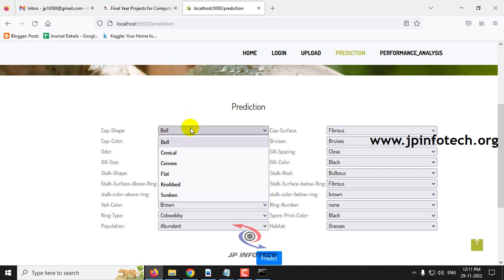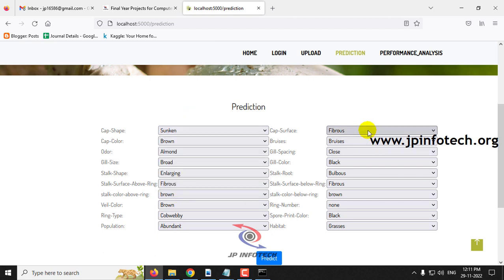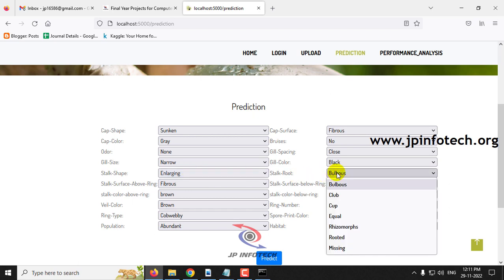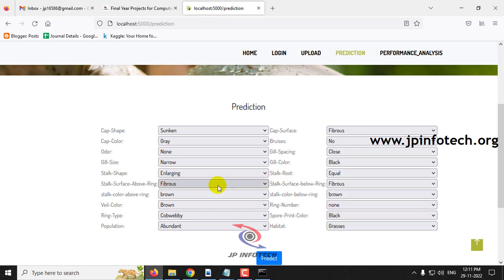So now let me enter the cap shape as sunken, cap surface is fibrous, cap color is gray, bruises is no, odor is none, gill spacing is close, gill size is narrow, gill color is black, stalk shape is enlarging, stalk root is equal, stalk surface above the ring is smooth, stalk surface below the ring is smooth, stalk color above the ring is white, stalk color below the ring is white, veil color is white, and ring number is 1,